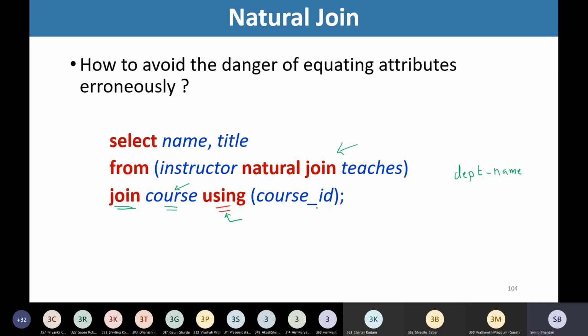So this using clause will help us to list out the attributes those we would like to match. Right? So as we want to match only course ID, we are specifying here using course ID. And this will also produce the correct result.